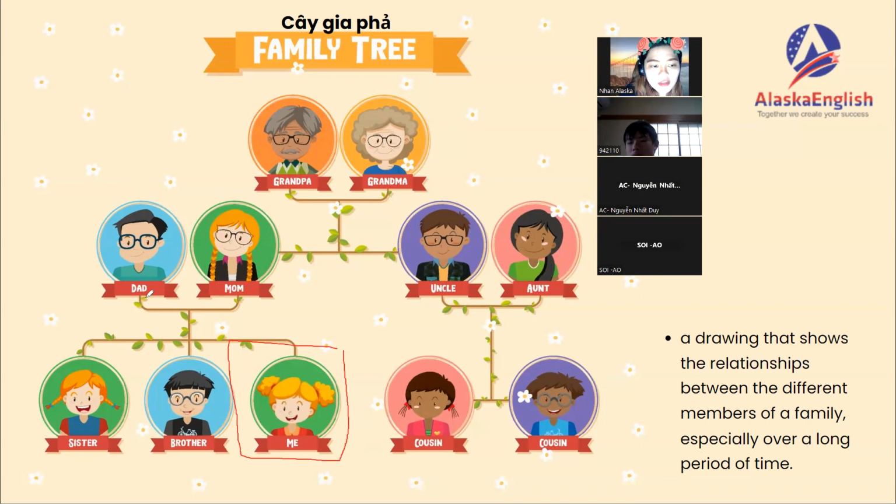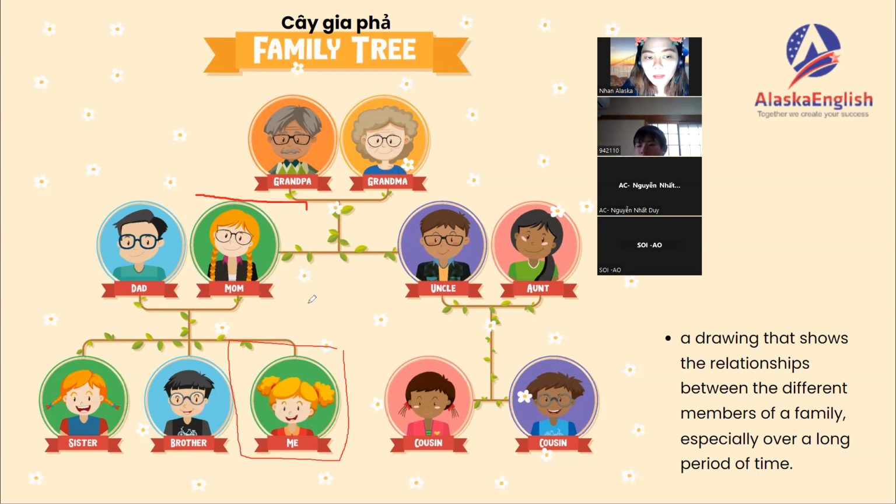So mom and dad, they fell in love with one another, and they were able to have 3 children. So we have here a sister, a daughter, a brother, the son, and another daughter. So sister and brother, they are your siblings. All right. So this is like the representation.